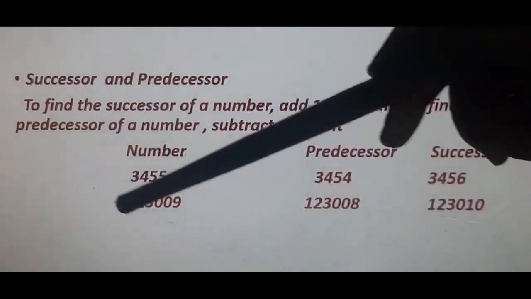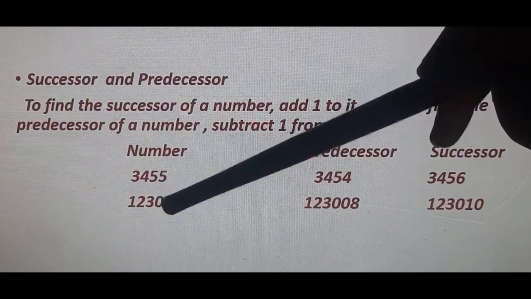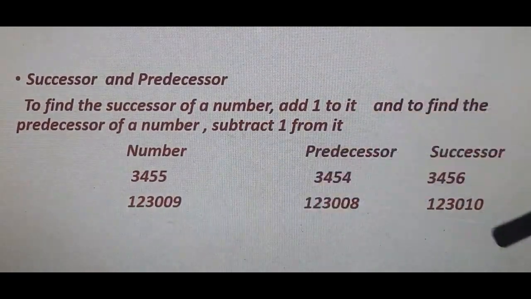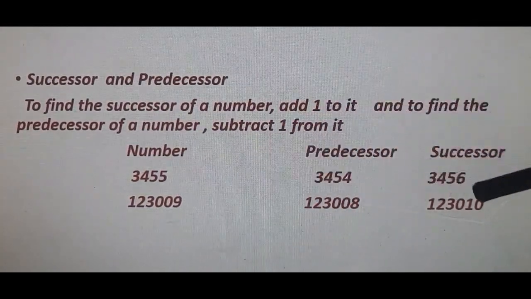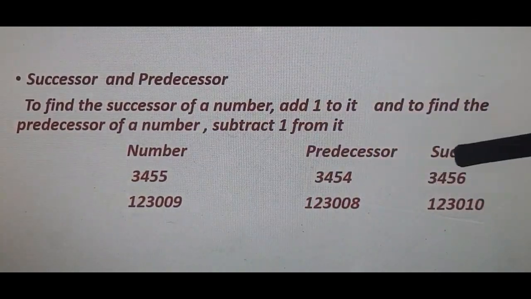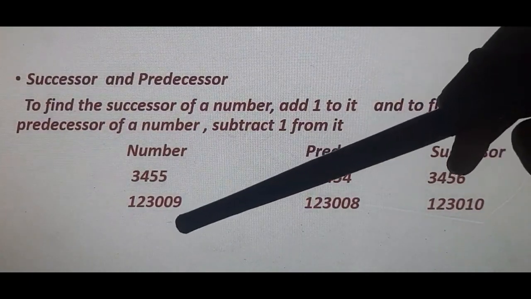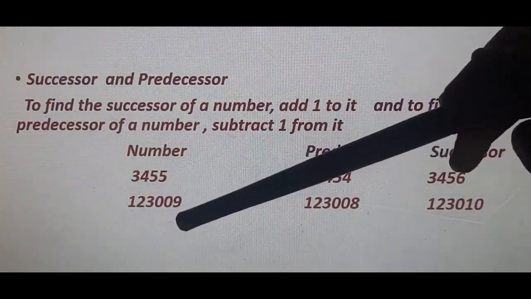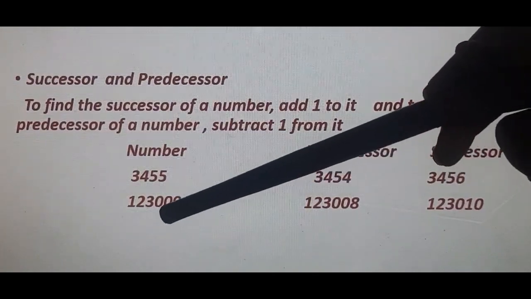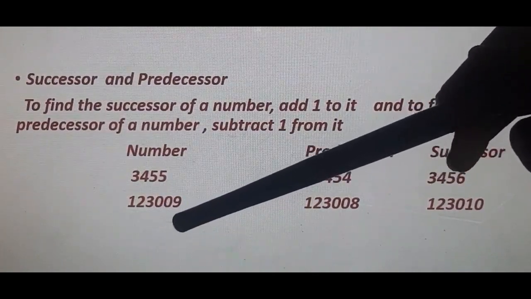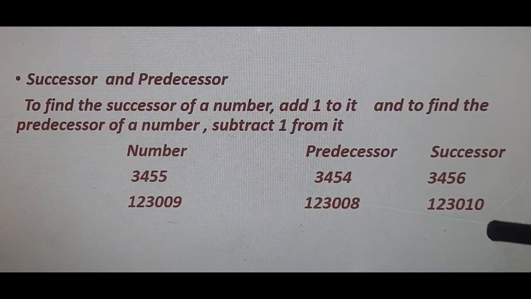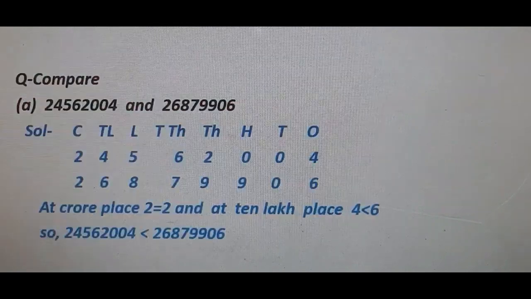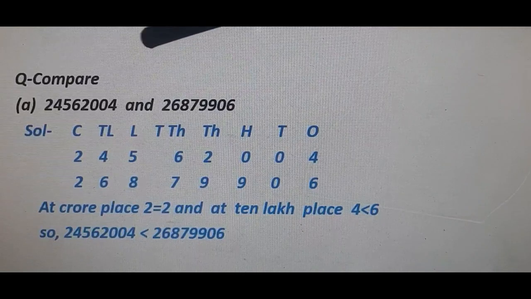If you have any doubt in these types of questions where 9 is there, better you do addition of 1 in the rough column. Don't write 1, 2, 3, 0, 0, then 10. No, it will be wrong. When you are adding 1 to it, this 0 will become 1. 9 plus 1 is 10, 0, and 1 will become its carry. So the number will become 1,23,010.